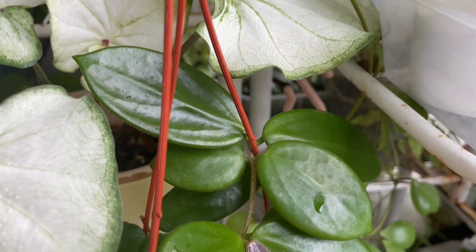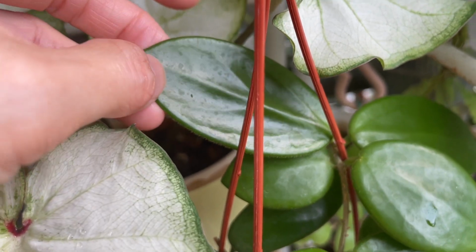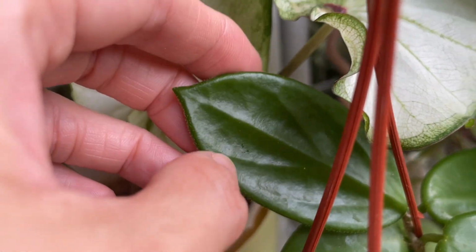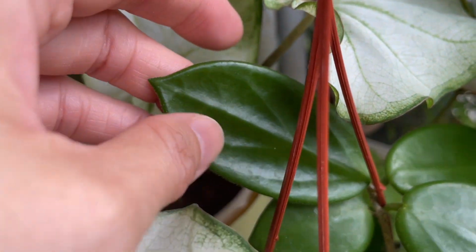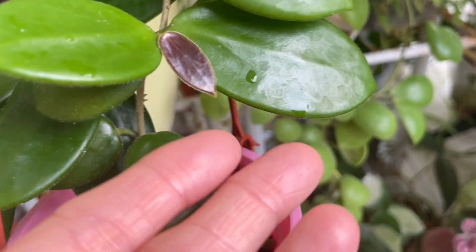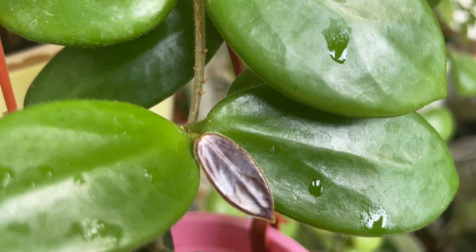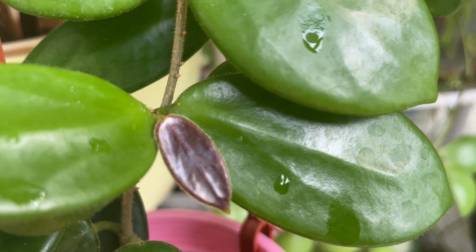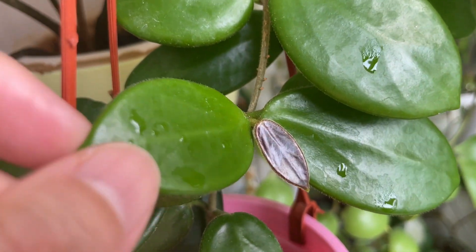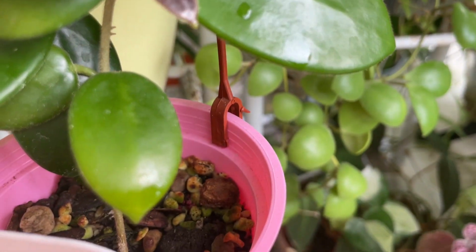And over here, I would like to share this very beautiful Hoya that always catches my eye. Just look at how glossy and smooth the leaves are, and the veining is just so nice. Again, you can see from another leaf, the new leaf is just so cute. It's maroon in color, and it's slightly furry. When it matures, it becomes very smooth and glossy with that veining. And this is my Hoya